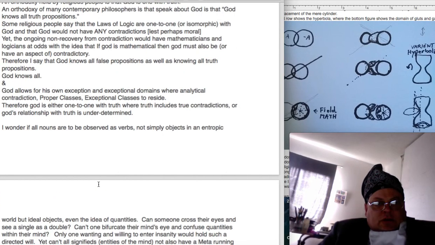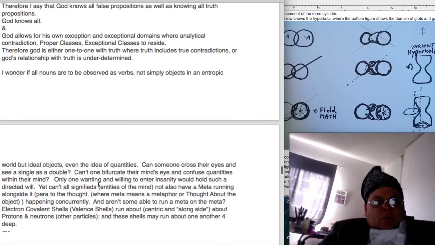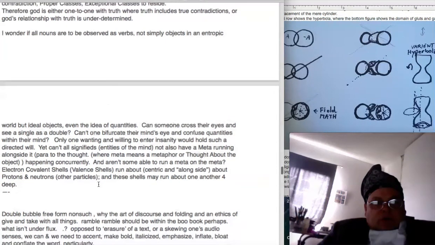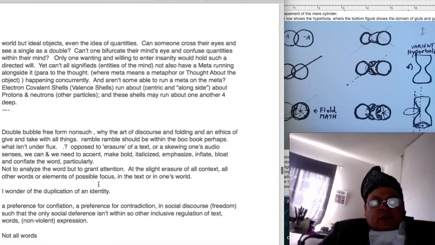God knows all, and God allows for his own exception and exceptional domains where analytical contradictions, proper classes, exceptional classes reside. Therefore, God is either one-to-one with truth, where truth includes true contradictions, or God's relationship with truth is underdetermined. I wonder if all nouns are to be observed as verbs, not simply objects in an entropic world, but ideal objects. Even the idea of